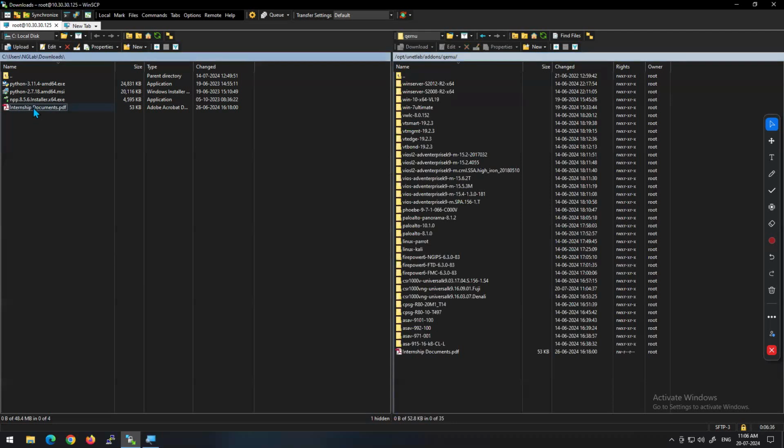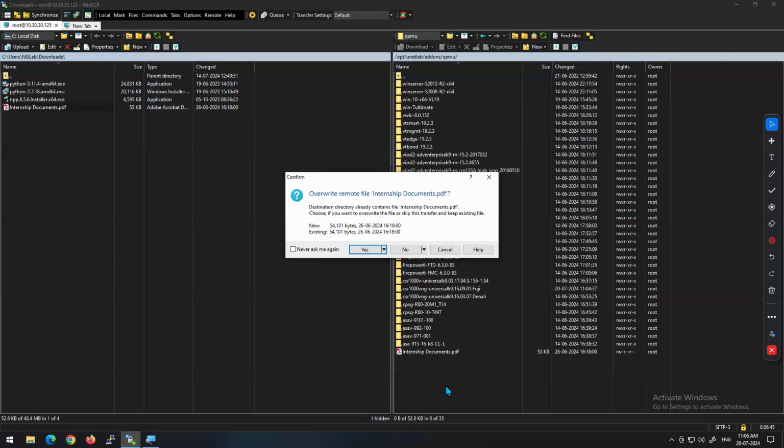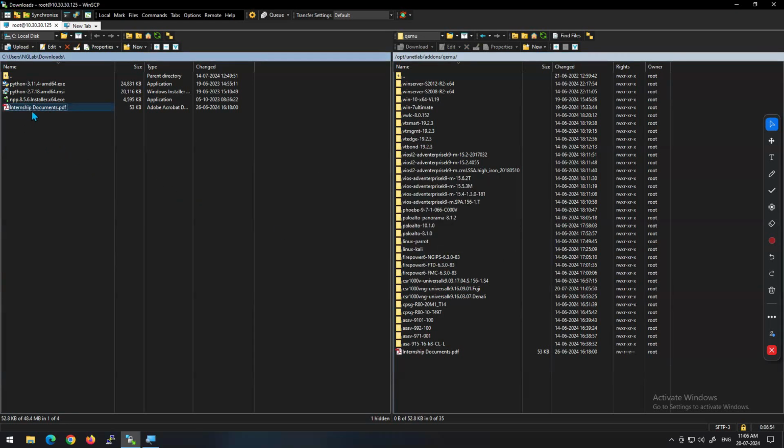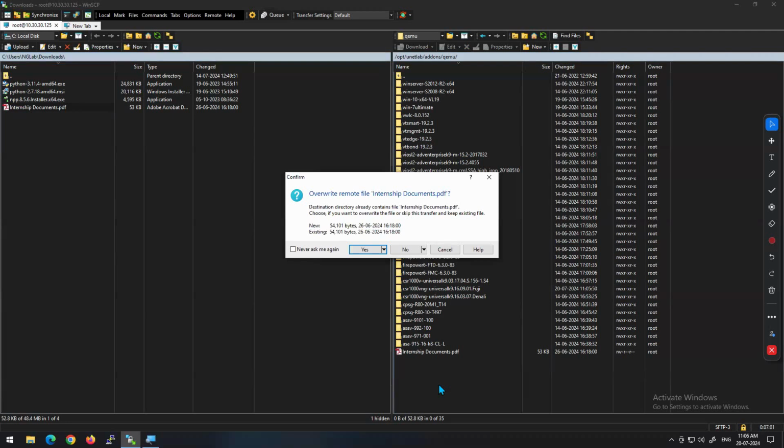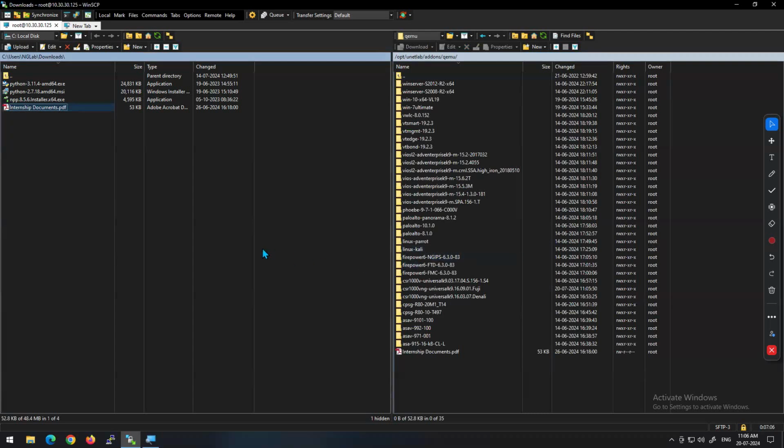See guys, when I click this, mouse is clicked. And if I drag that, that is called drag. And when I unclick, that is called drop. Drag and drop. Okay. Yeah, it is the same file, so it is saying override. So I am dragging the mouse and then dropping the file. That is called drag and drop. Okay. Who's asking? It is clear.